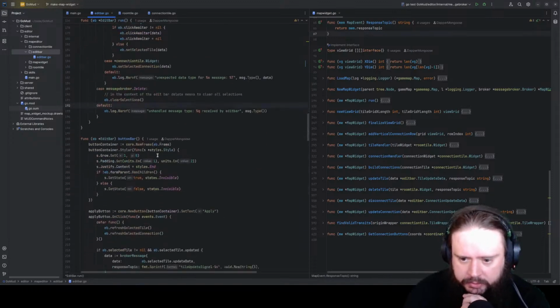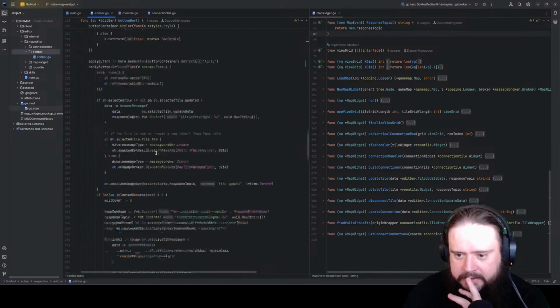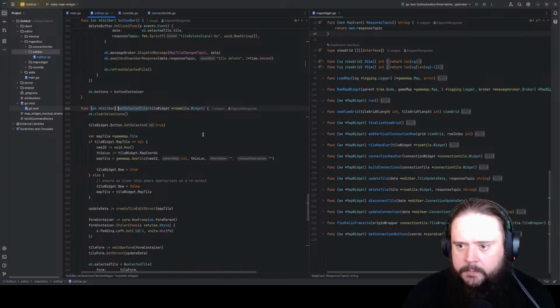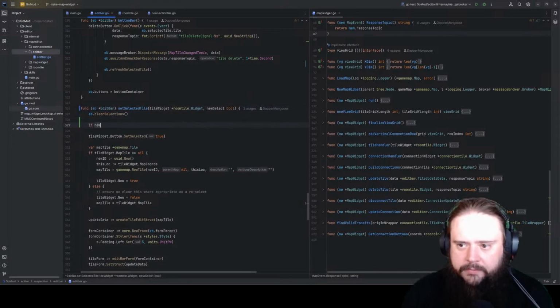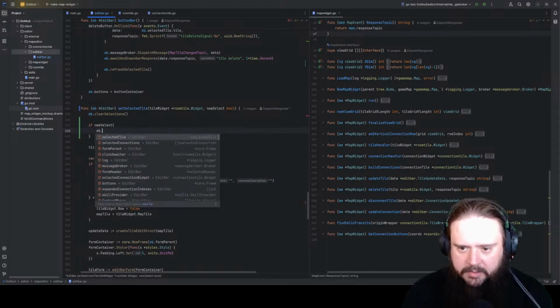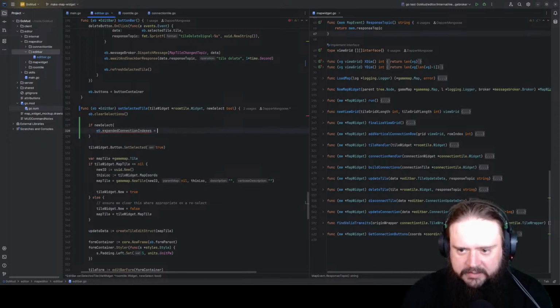What we should do is, because this is all driven off the event system now, new select bool, if new select, eb dot expanded connection indexes equals int